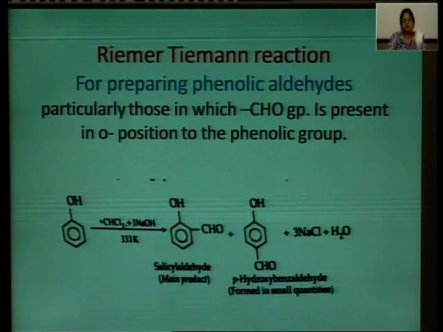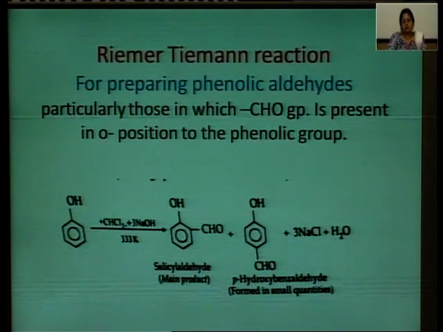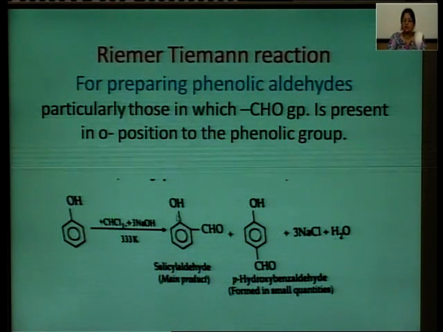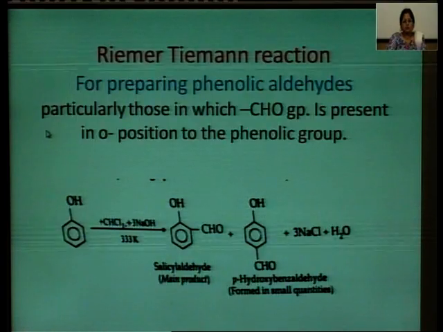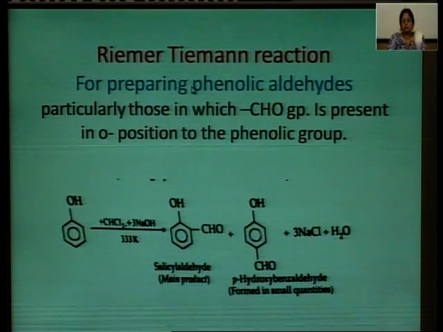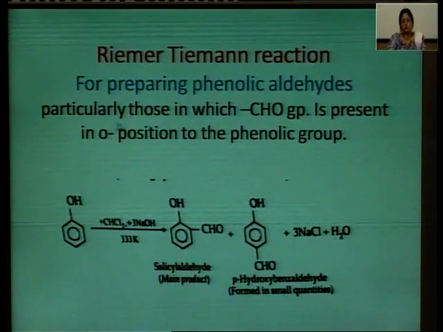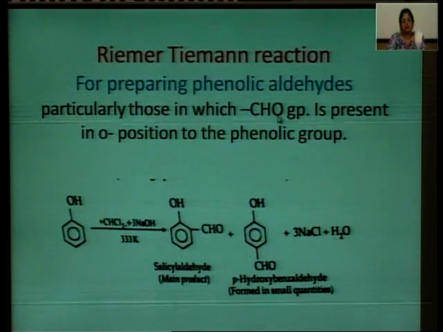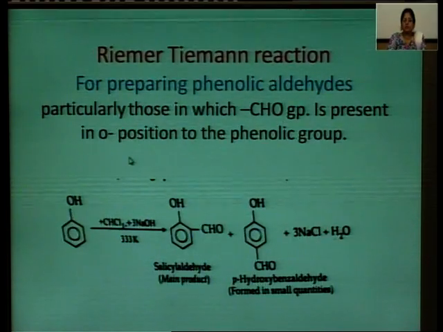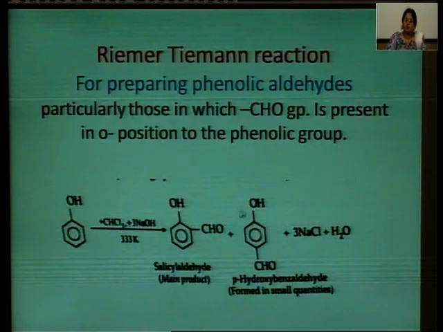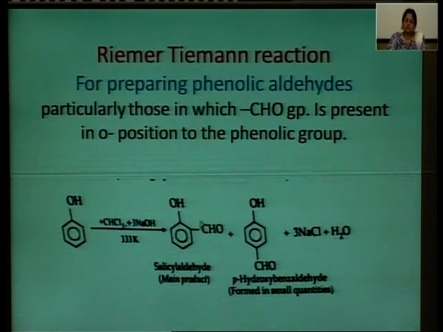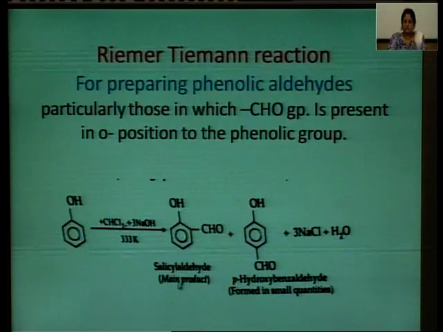Next method is the Reimer-Tiemann reaction. This method is used for preparing the phenolic aldehydes, that is the aldehydes in which there is one phenolic group. This method is used for preparing those phenolic aldehydes, particularly those in which the aldehydic group is present in the ortho position to the phenolic group. In this compound, the aldehyde group is present at the ortho position to the phenolic, that is the salicylaldehyde, which